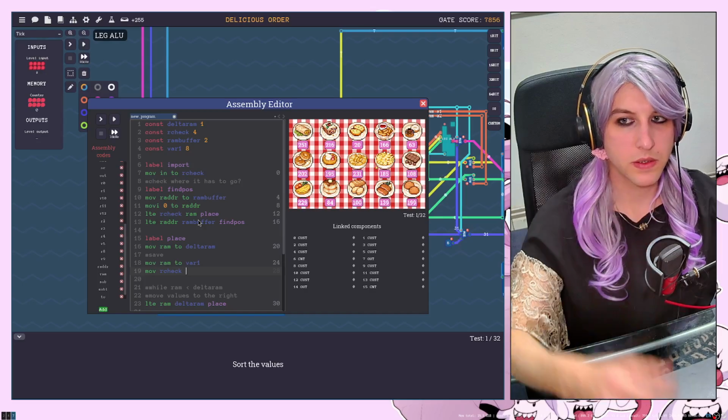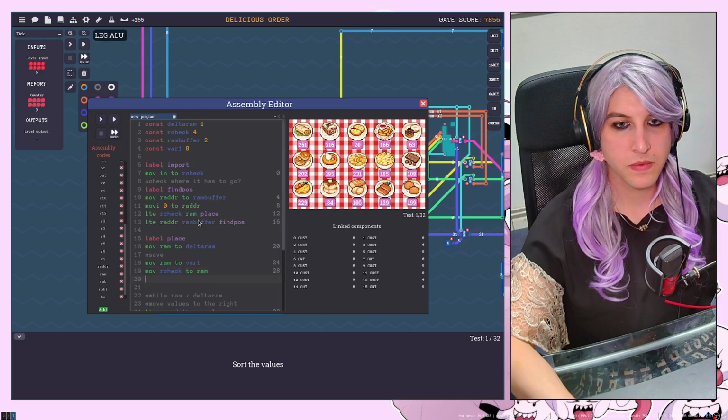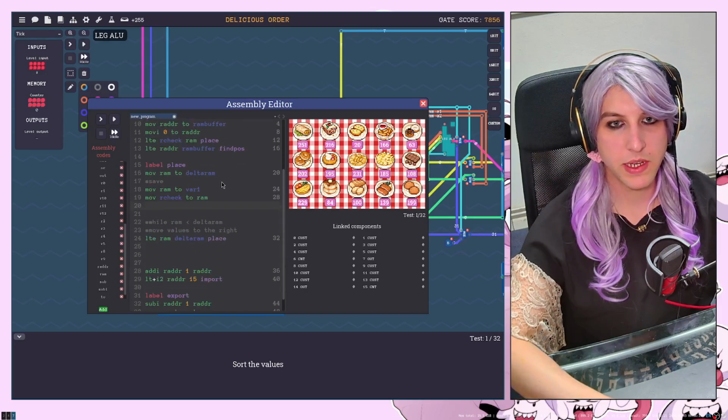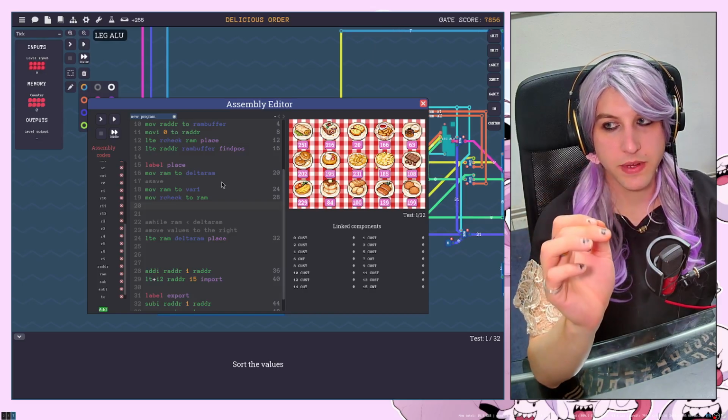This is not how it's going to go. Into the RAM, we can do it like this. It's fine. It's not the most clean variant, but okay, now the value is going to sit